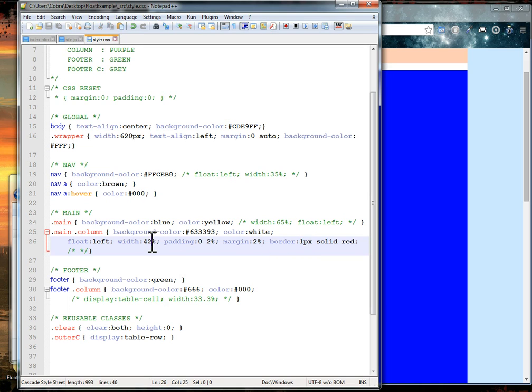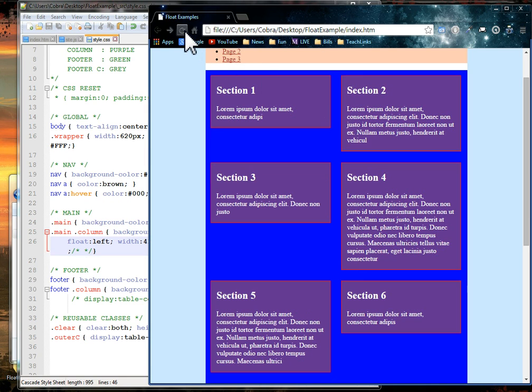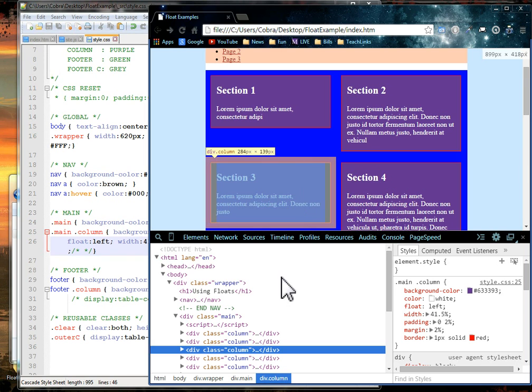So you gotta take that one pixel out of your width or your padding or your margin. It doesn't really matter, but you have to account for that extra pixel being used somewhere in your other attributes in order for your stacks to line up the right way. So I'm going to go to 41.5% and see what that does. And that gets me back into my two column. If I were to do a right click and inspect on it,